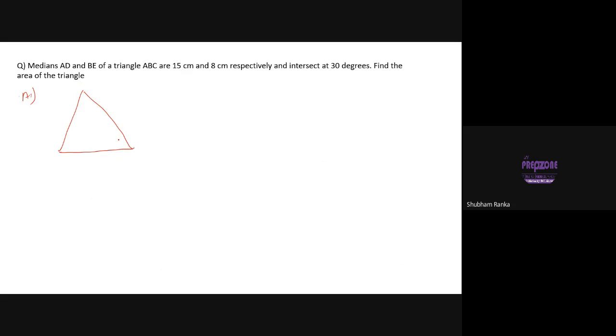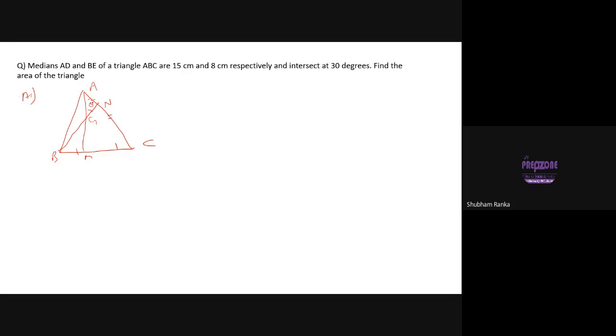Now, this is a triangle. Let's just forget this question and basically get the result itself and derive it. This is theta basically. For this question it is 30 degrees, but we are trying to derive this more generally. Medians means midpoints. This does not look like a midpoint, but assume for now it's a midpoint. So this is the midpoint of this side, this is the midpoint of this side. That much we know. This is where the medians are intersecting, so this will be the centroid, and we know that the centroid divides the median into a 2:1 ratio,